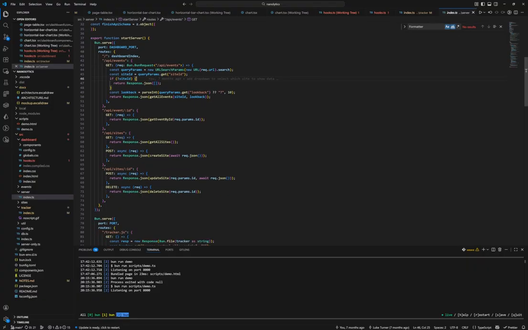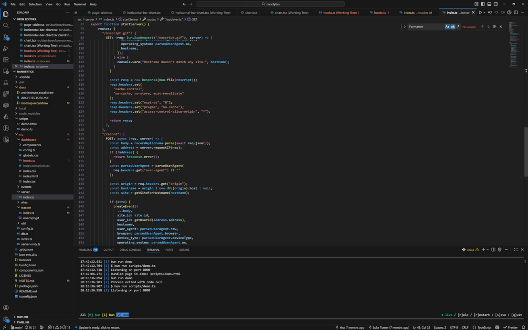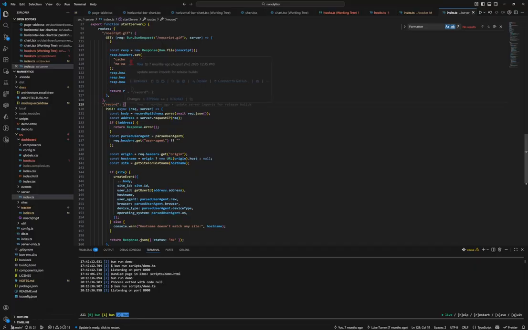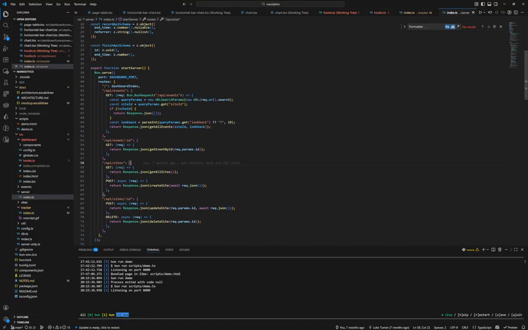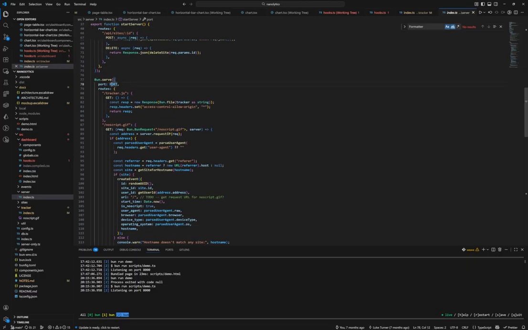Like the record route is public, but these other routes that are used for the dashboard are using the dashboard port, which would be behind the Fly proxy where you need a fly.io authenticated account to access it. So we can avoid building our own authentication or whatever other service you're using. You basically wouldn't want to expose this dashboard port to the internet. So the question then is with this tracker.js,